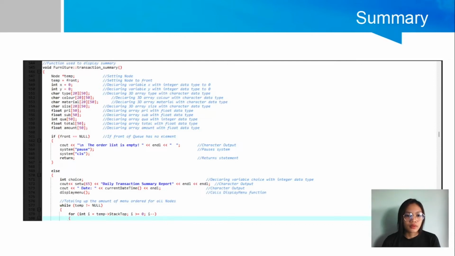And then here is the character type, declaring a 3D array with character data type. And then here is the if statement for when the stack has no elements, and then the character output, and then the system will pause and return to the statement. Here is the if the user enters to view daily transactions, and then here is declaring variable choice with integer data type,